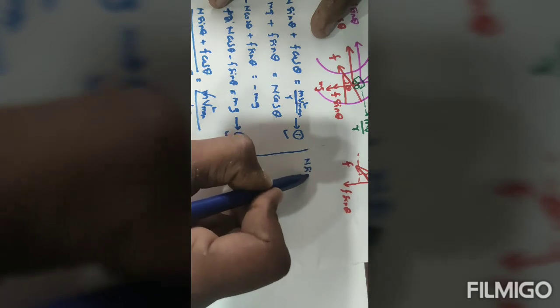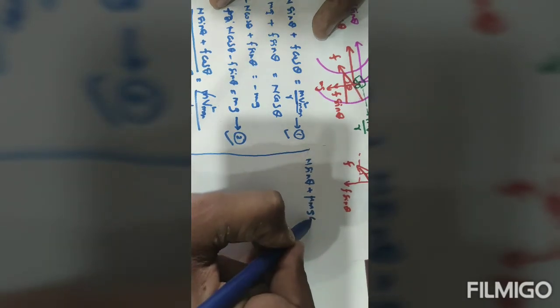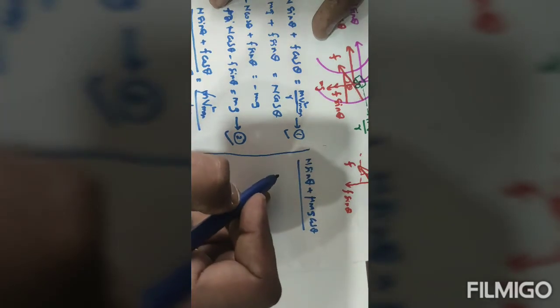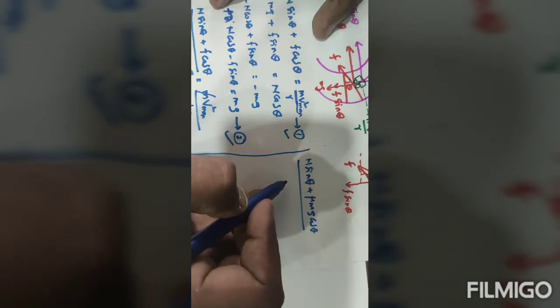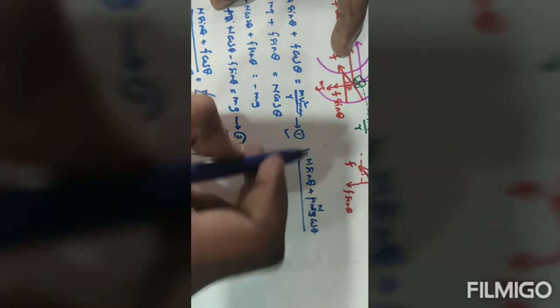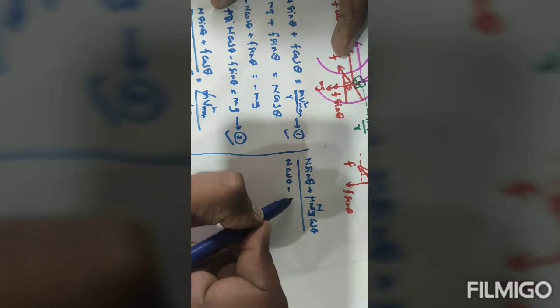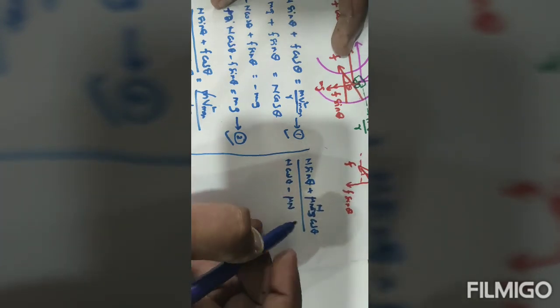So in the numerator and denominator, instead of f we can write mu n. Let's see how the equation changes. So n sin theta plus mu n cos theta, divided by n cos theta minus mu n sin theta,